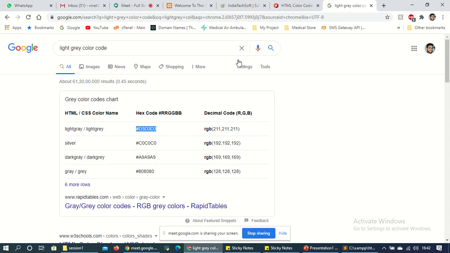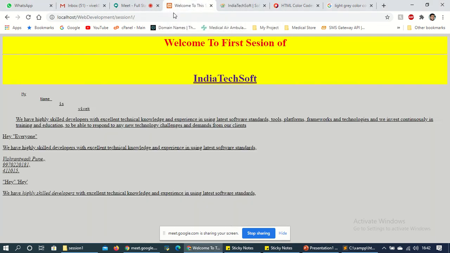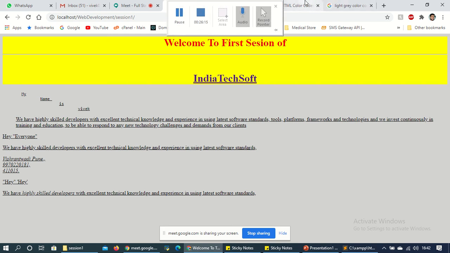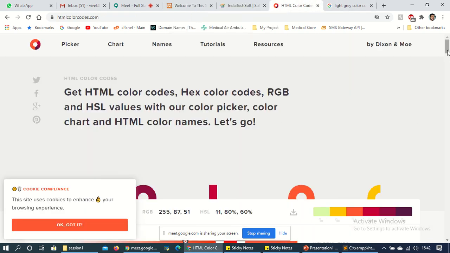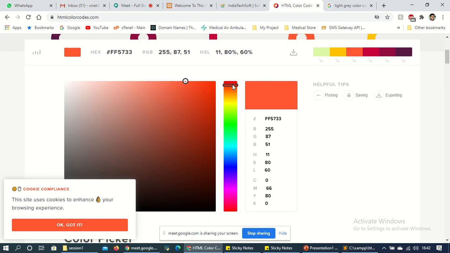And if you run it, because we have used the same color code, that's why it is the same. Now here you can see the various types of color. Whatever color you want, there's a scroller, and you can go to whichever area has the color you want.